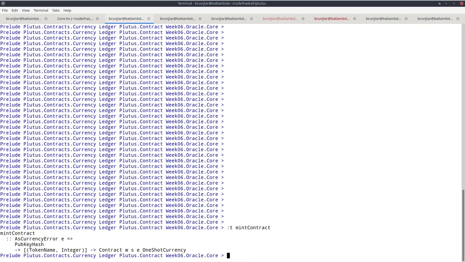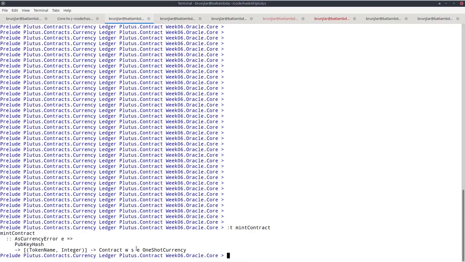So this mint contract will create a currency symbol, which will depend on a unique UTXO, the same trick we used in the last lecture. But it allows you to specify not just one token name and then make an NFT with that, but several token names with arbitrary integer amounts. So you can mint several coins with different token names and also different amounts. But they all will have the same currency symbol, and it will be guaranteed that there can only be one such minting transaction. There is one slight problem if we want to use this, and that is the error type.